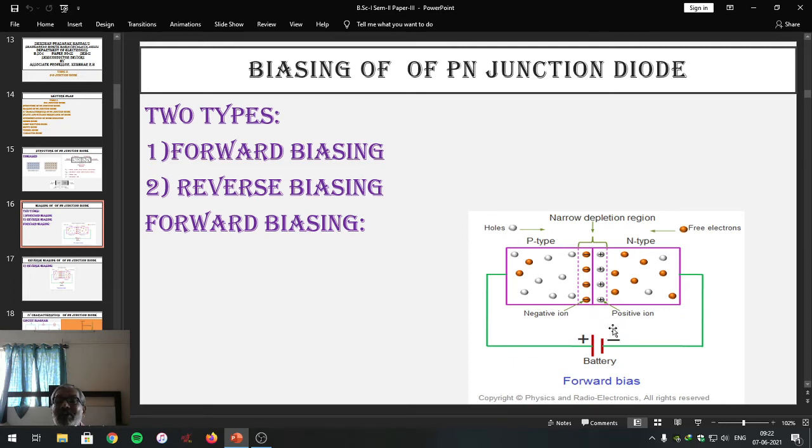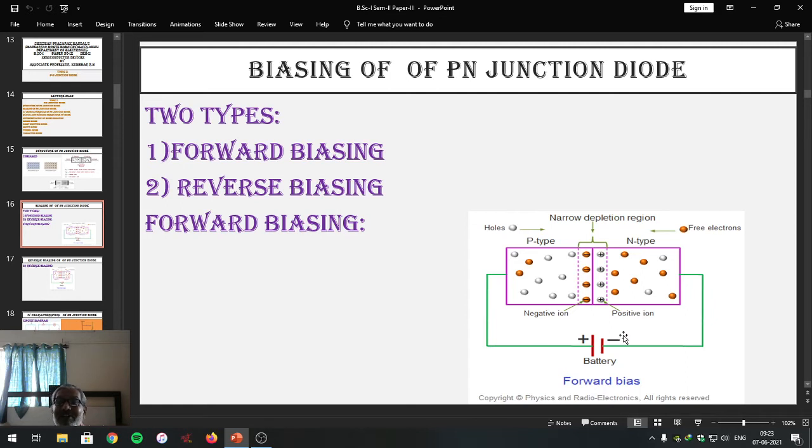But when you increase the battery potential or battery voltage slightly, the effect starts to show on the PN junction diode. This battery is connected opposite to the polarity of the barrier potential. Look here: as far as the barrier potential is concerned, here there is a positive terminal and here a negative terminal. If you consider this barrier potential with respect to the external battery, it is opposite. But from the point of view of the P region and N region, it is alike.